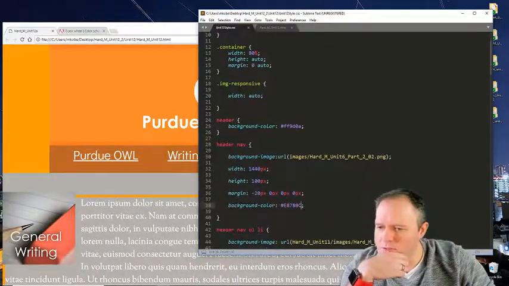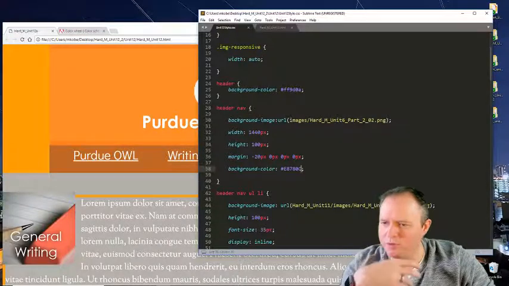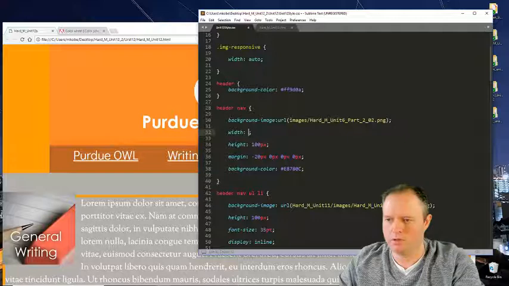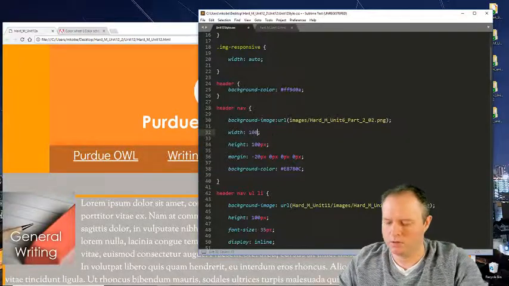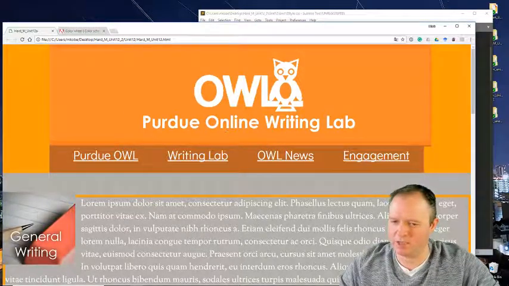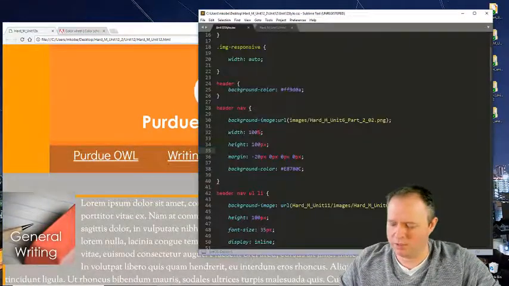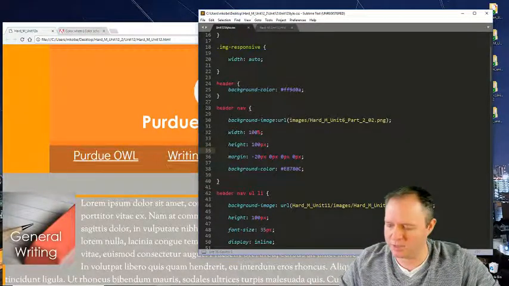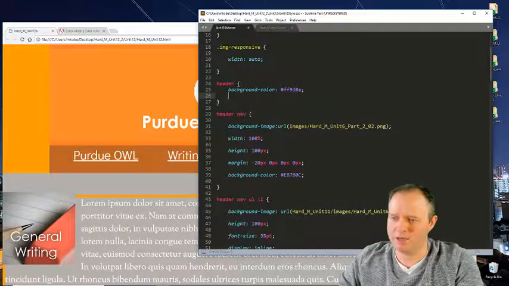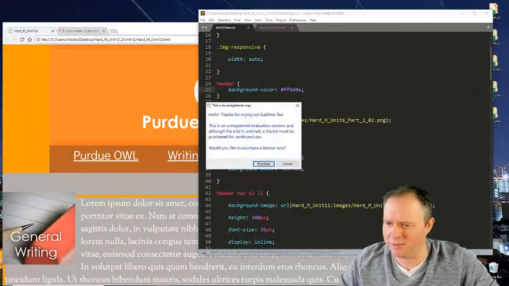All right, so I have the background color, the width. Yeah, let me do the width. I'm going to set that to be 100%, because I gave it a fixed size. Let me save that. Oops, did I do the width 100% height? The heights, you're giving a fixed size up there because you want to control that. That's fine. Width 100%. Also, let me do the header too. The header is 100%. That should be fine. The nav